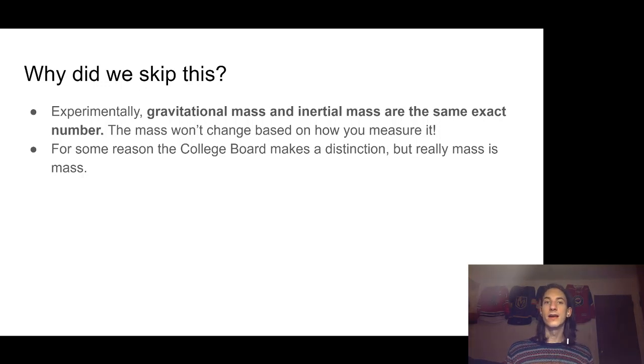For some reason, College Board makes a distinction. It doesn't show up too much. Sometimes they'll just say inertial mass, but it won't really matter. So it'll just be like, the inertial mass of this mug is 2 kilograms. And you're just like, okay, it's a mass, it's in kilograms. And that's really all where it shows up. But because they cut content down, I was like, oh shoot, maybe they're going to start nitpicking. So because of that, I just wanted to go over this.